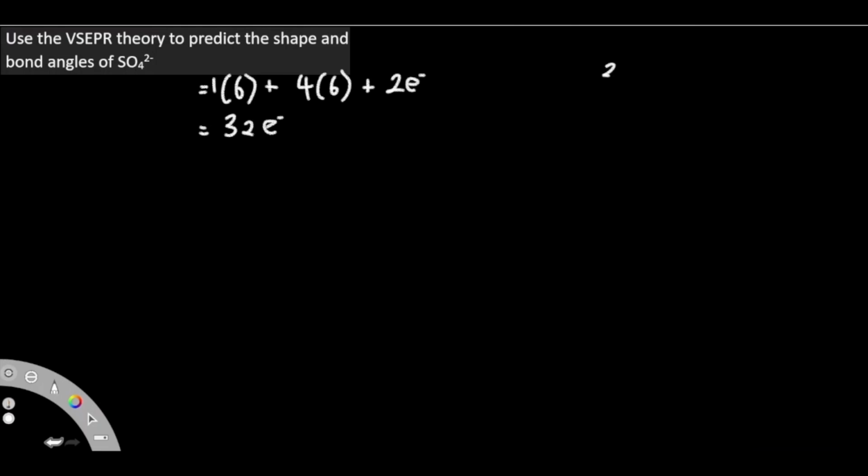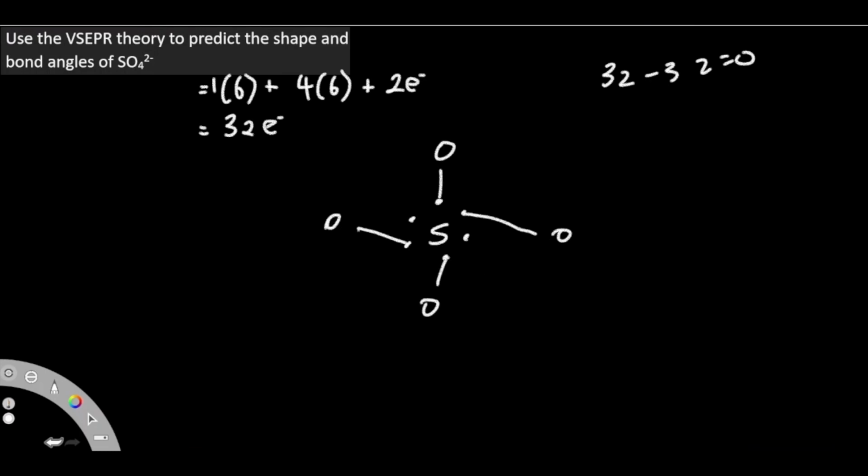So if we just do 32 minus 32, it's going to give us 0. So this means there are 0 electrons around the central atom. So if we have our sulfur here, they all need to be bonded because none of them can be lone. If we have just our oxygens spread out on the side, we can bond this one here, bond this one here, bond this one here, bond this one here. However, this is not enough. All of these need to be bonded, so let's add an extra one here to double bond and another one here to double bond. Now that all of these are double bonded,